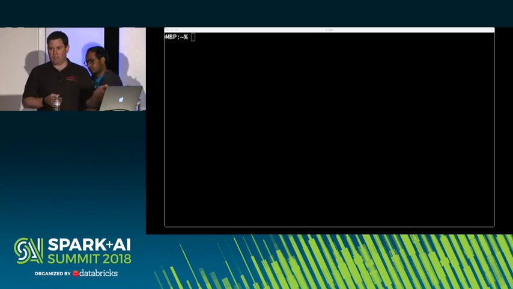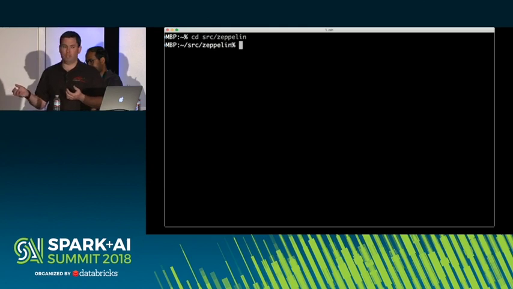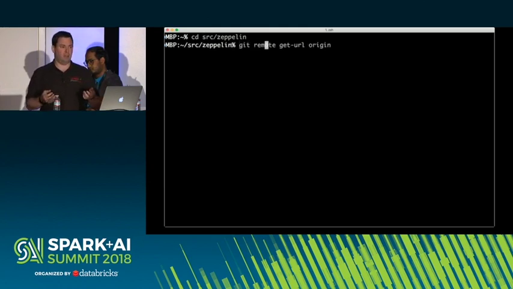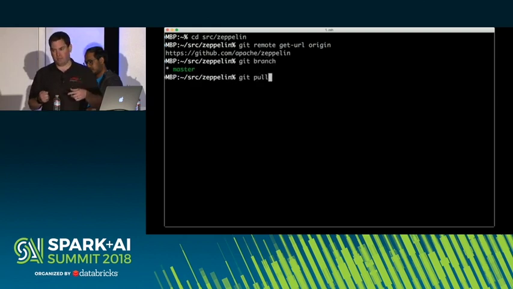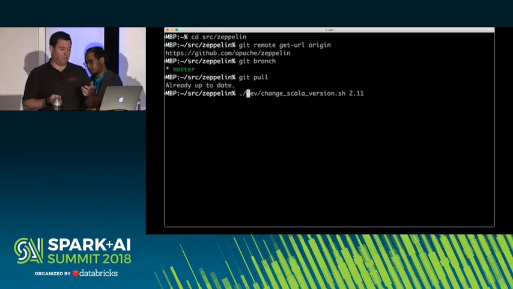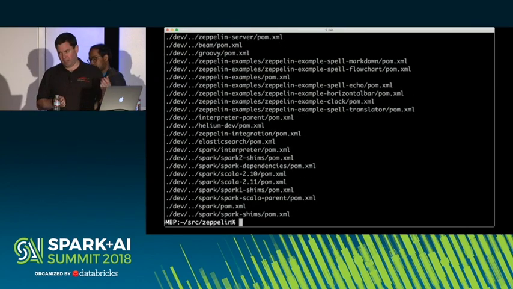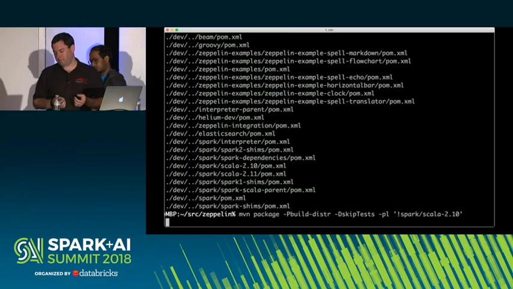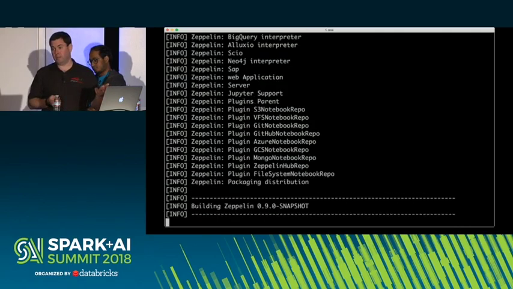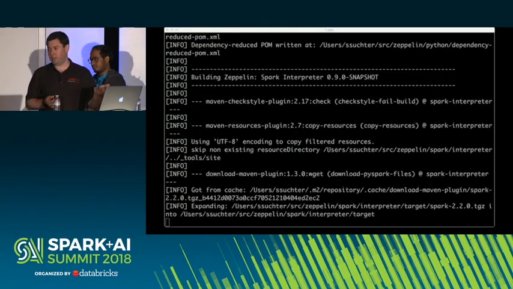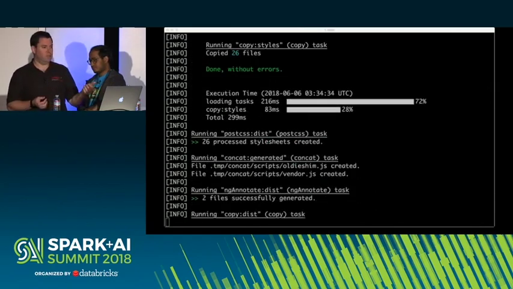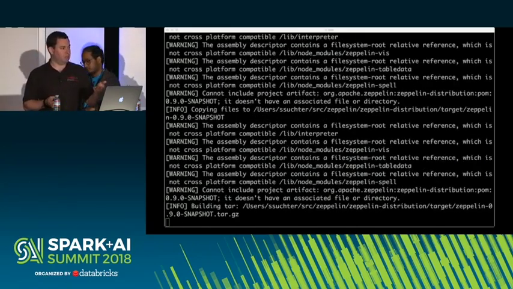Next thing we're going to do is we're going to build Zeppelin. Zeppelin is actually published as a Docker image, but unfortunately we can't use that because it's not compatible with the mainline of Spark yet. It will be soon. But fortunately, the master branch of Zeppelin is compatible. First, we select that we're going to use Scala 2.11. Next, we're going to build the Zeppelin source fully. And then the last thing we're going to do is we're going to build the Zeppelin Docker image.